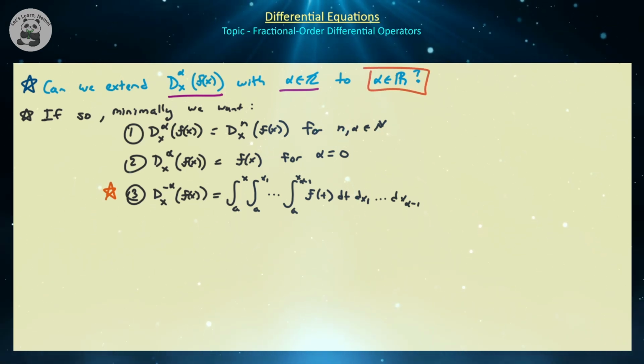That's the important question. If we are to do that, obviously we want this operator to satisfy at least some minimal properties, to at least coincide with the classical derivative. So that would be the first requirement, that the alpha derivative of a function should be equal to the natural analog of that derivative for alpha in the set of natural numbers. We would also need an identity operator. So we would like the 0th order fractional integral or fractional derivative to be equal to the function itself,